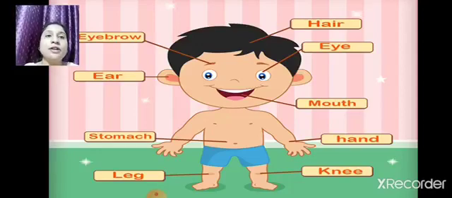Like a human body has different parts, in the same way a computer has different parts. Every part of our body has some specific function to perform. Eyes are used for seeing, hands for writing, and legs for walking. The same way, a computer also has different parts, each with a specific function to perform.